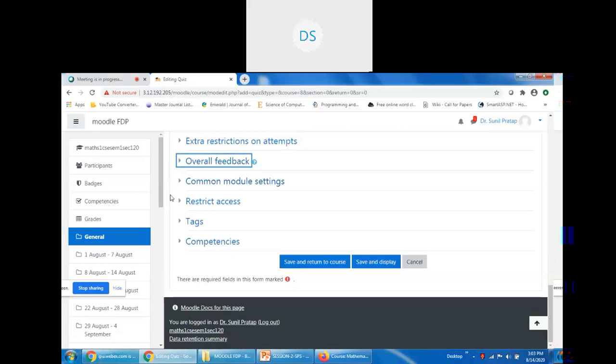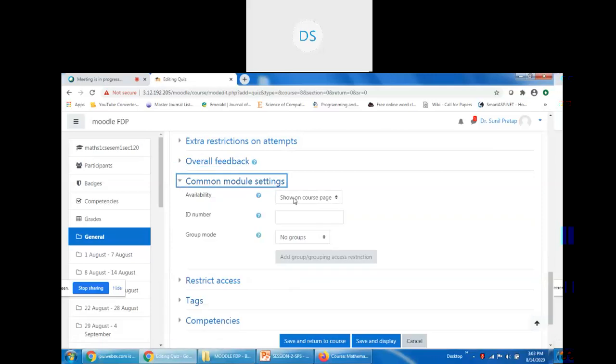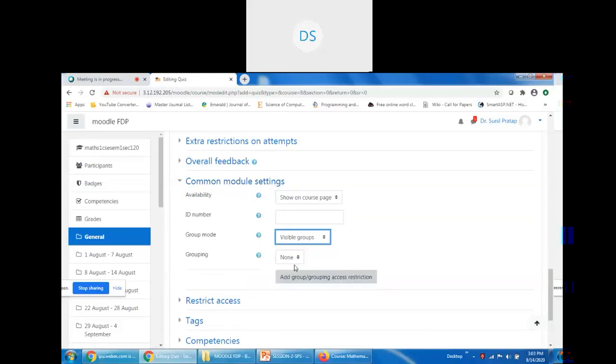Next, these four settings are optional also, and you may set them for module setting. This quiz will be displayed, ID number can be given. This quiz can be given in groups. When you choose this option of visible groups, actually we have not created groups, so you can see there is no option in this drop down, only none is there. Groups can be added from here also. Okay.